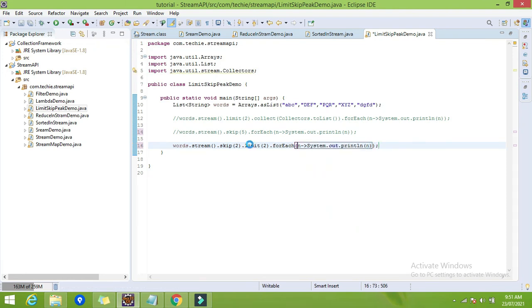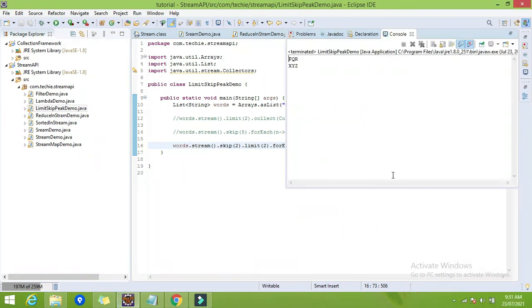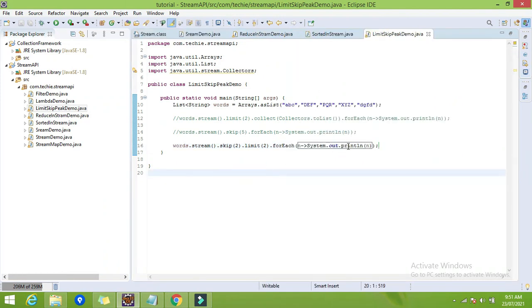Hope it will work and display PQR and XYZ. Yes, we are getting PQR and XYZ, which means we can use both limit and skip in combination also.